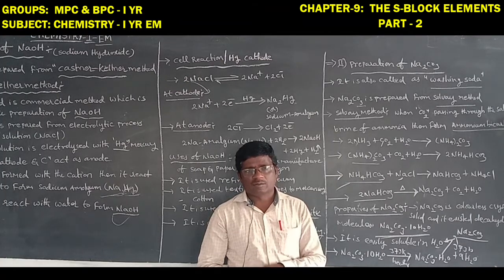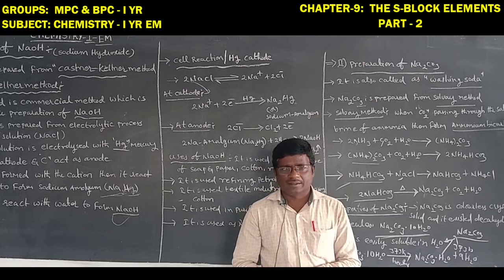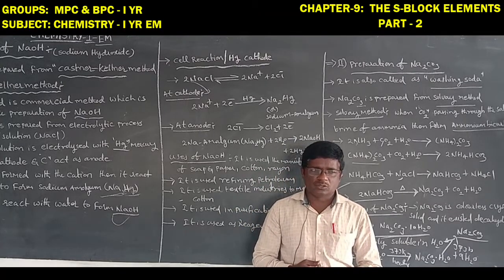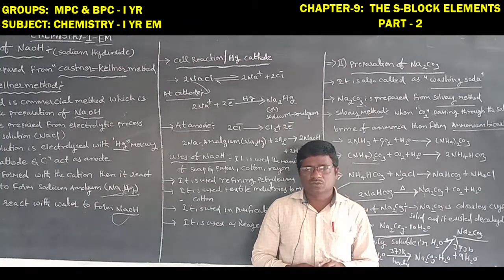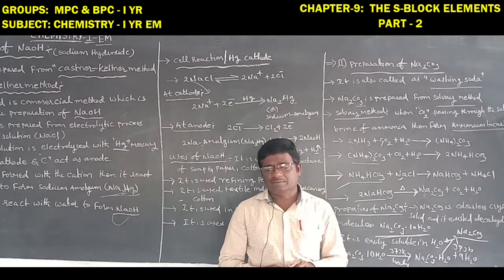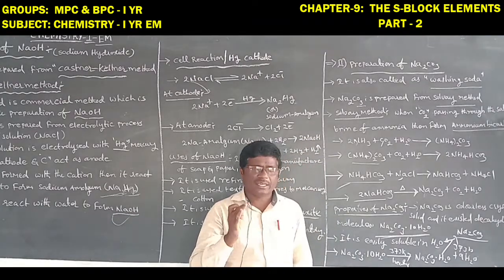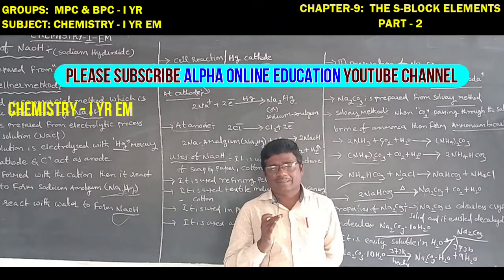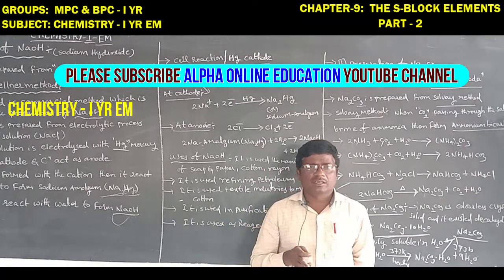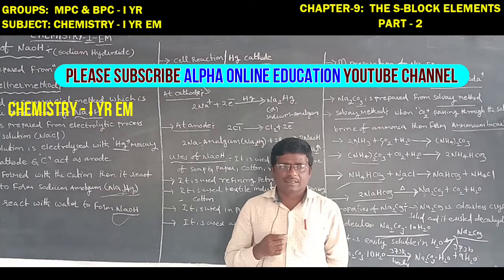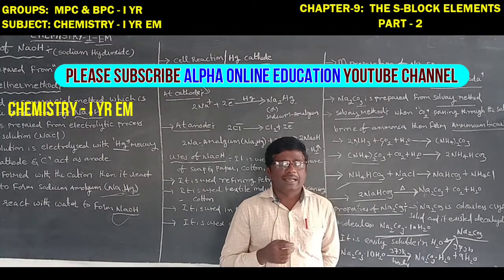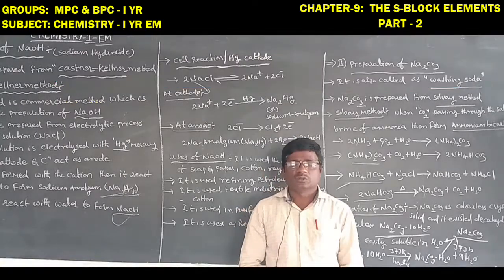Once again, sodium carbonate is used for the manufacture of glass and soap, textile industries, and preparation of caustic soda. It is used in paints in the textile industry, for softening and cleaning of laundries and cleaning of clothes. It is also used for the purification of bauxite and refining of petroleum, and as a reagent in the laboratory. That is the uses of sodium carbonate.